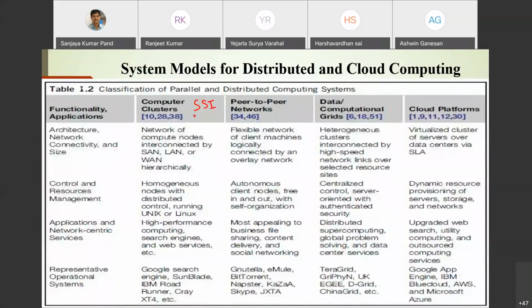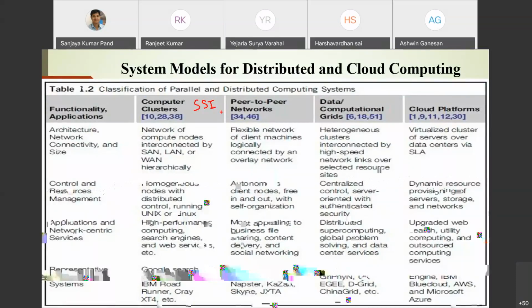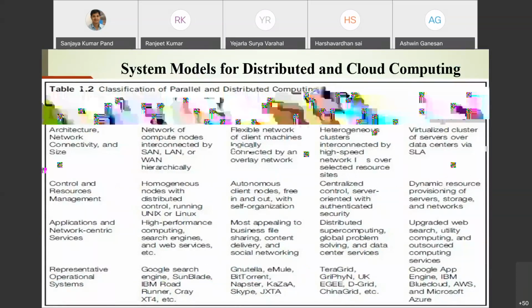An application is assigned to you as a cluster head or cluster manager. You can divide small applications or small modules among various computer systems so that they can execute their work, and the result goes back to the cluster manager. So this entire system is a single image, because the user only deals with the cluster manager, not every individual node.